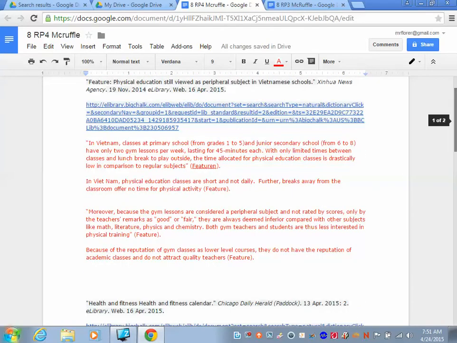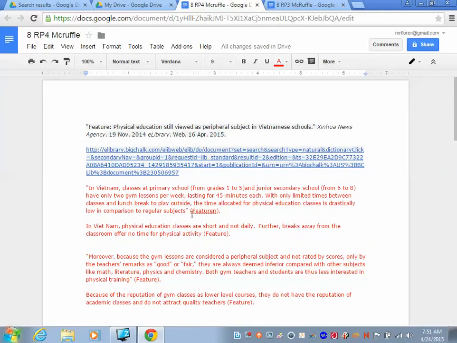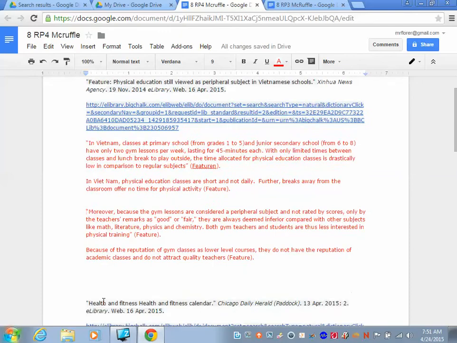As a preview to your assignment today, notice what you have. You have a source, and then you have two bits of information here. One in the words of the author, one in your words. Another one in the words of the author, and the same thing in your words. So both of these on your RP4 basically say the same thing. And so you should have then 12 sets of these pairs, right?